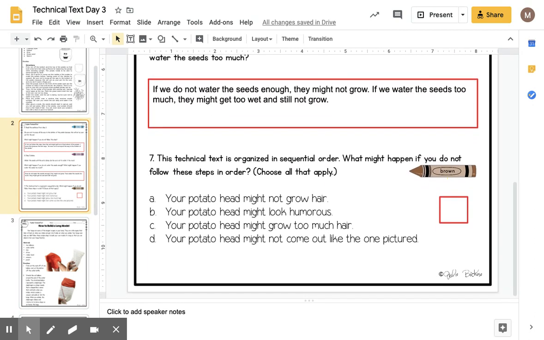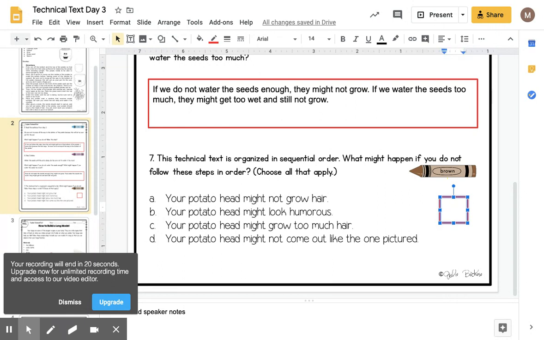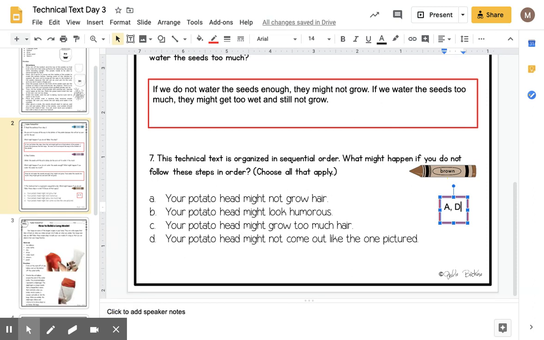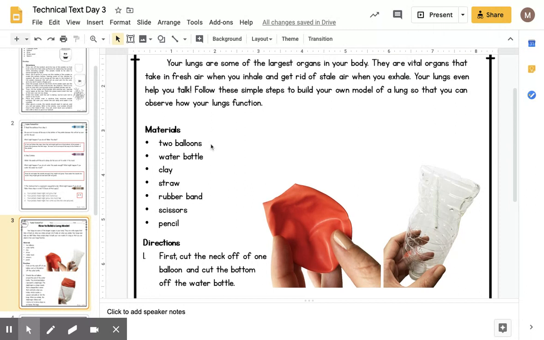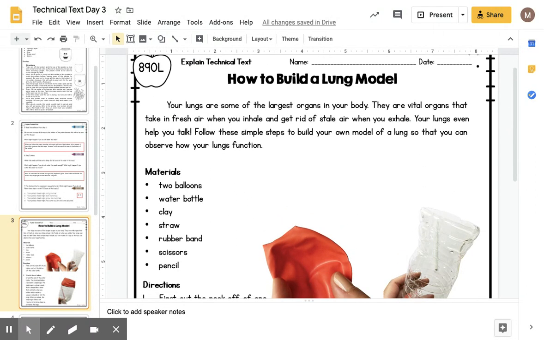And then lastly, number 7, this technical text is organized in sequential order. Sequence, in order, we know that. What might happen if you do not follow the steps? Well, our potato head might not grow hair. That's what we just said. It might look humorous. Well, I think it looks pretty humorous regardless. It might grow too much hair, or it might not come out like the one pictured. I'm going to say A and D. And now what I want you guys to do is scroll down to slide 3. You're going to read another technical text, answer the questions, and then join me back in the next video to